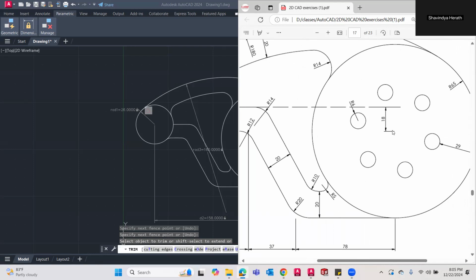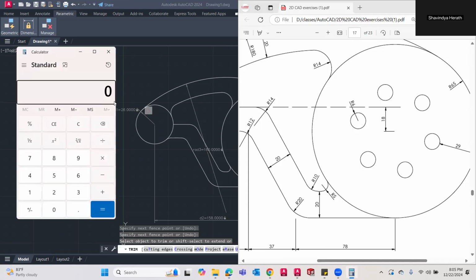So first, in here you can see there are circles arrayed around this center, right? This center point. So you know this gap is 29 and this radius is 6. There's a small calculation, right? Okay, this radius is 65, right? 65 minus 29, right, is 36.